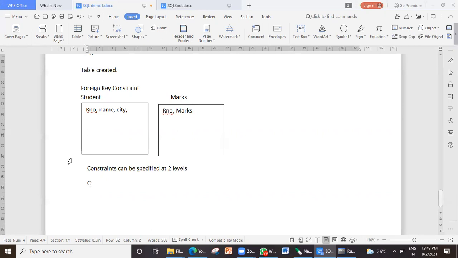One is column level. Second is table level. So whatever demonstration I have given you so far is all column level. Anyway, so a foreign key also can be specified at two different levels, column level and table level. So when it comes to column level, again, there are variations in the syntax. I will give you the simplest syntax.